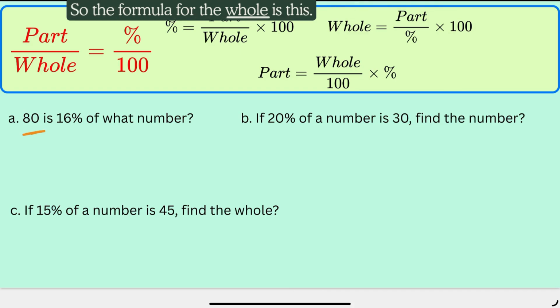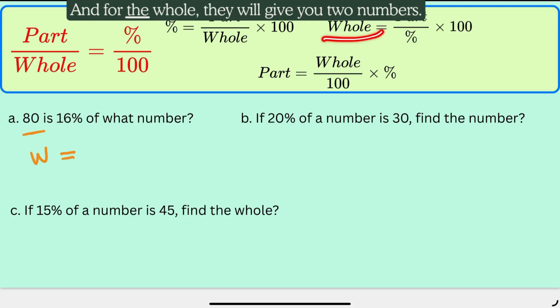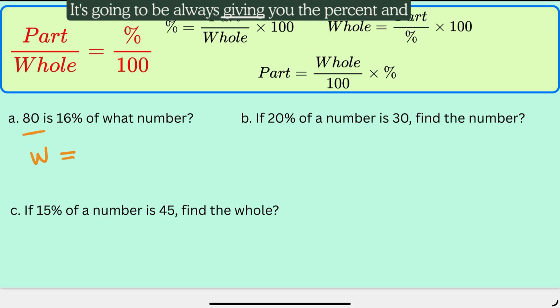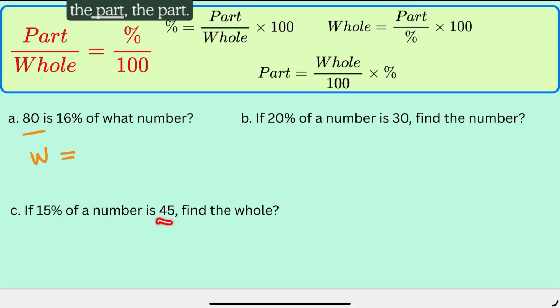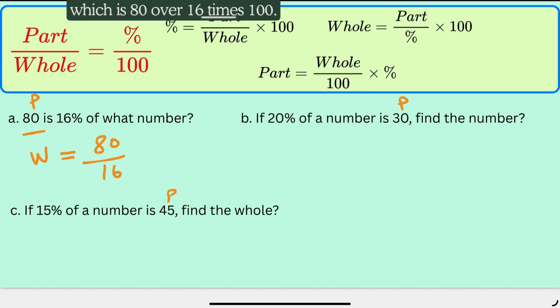So the formula for the whole is this. So W is equal to part, and for the whole, they will give you two numbers. It's always going to give you the percent and the part. So this is P, this is P, and this is P, part. So W is equal to part, which is 80, over 16 times 100. And after the calculations, this will give you